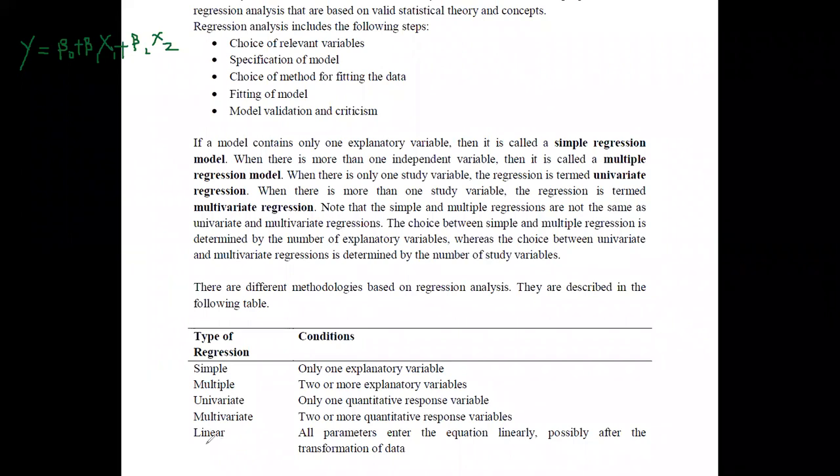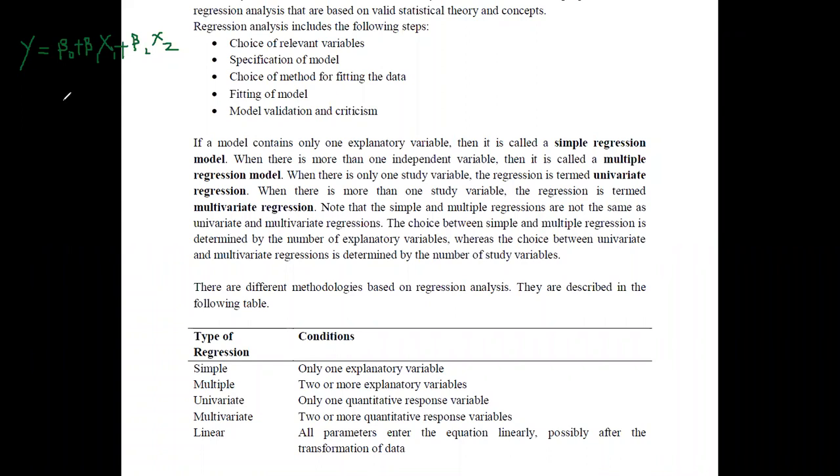Therefore, linear means that the parameters should enter the equation in a linear manner. It means that beta naught, beta 1 and beta 2 should be linear. If these are non-linear, then we cannot say it is linear. But in such a situation, you have to check for a transformation.